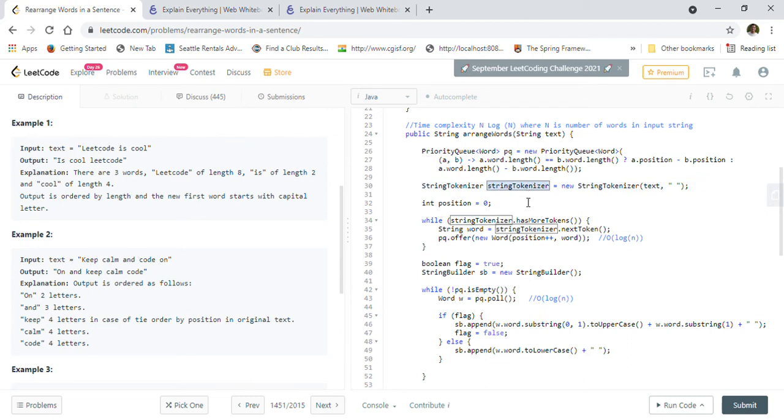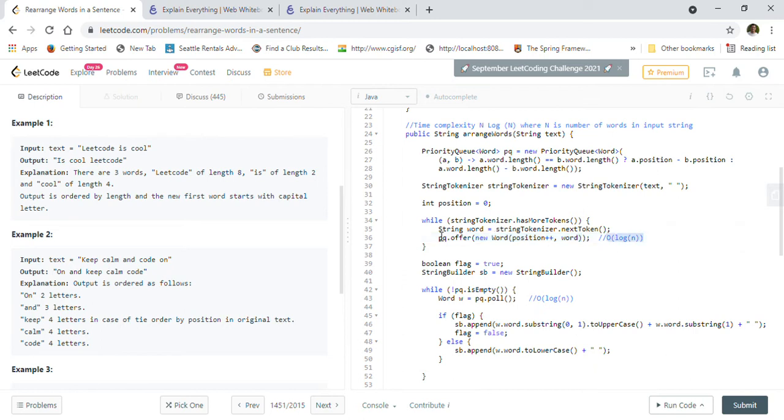We just use a StringTokenizer, and we are getting the tokens from the input string here. So we are reading word by word, and we are offering the Word objects to the priority queue here, right? Offer is an O(log n) operation in a Java priority queue.